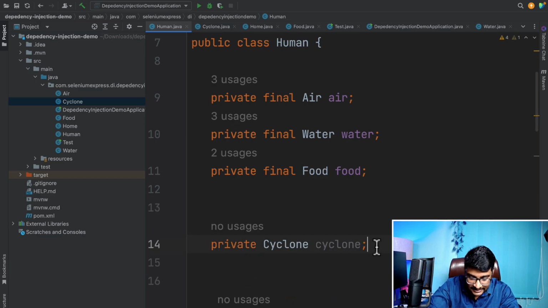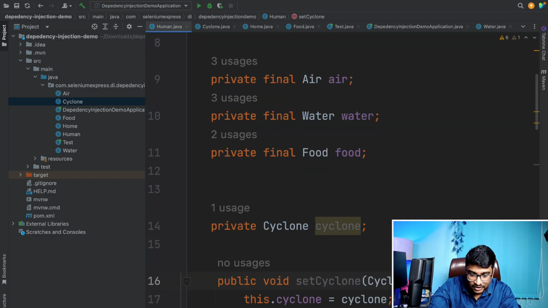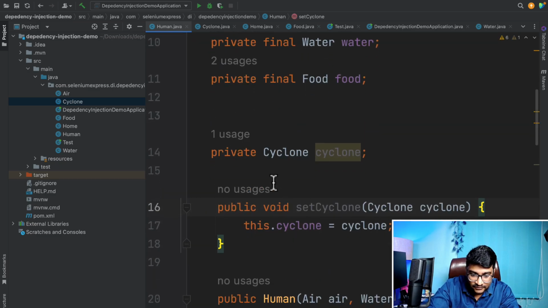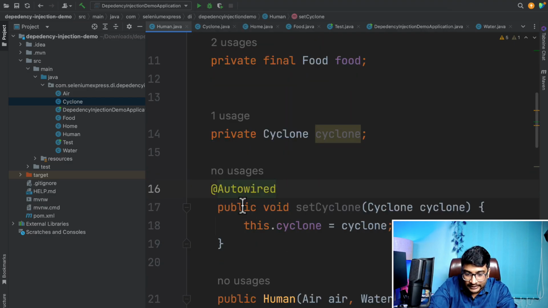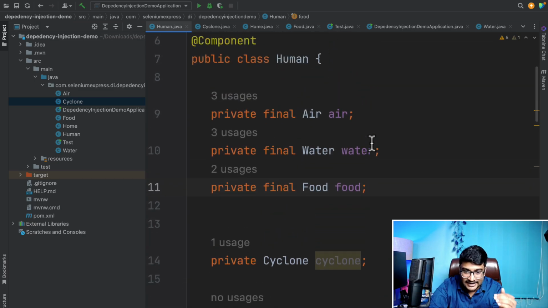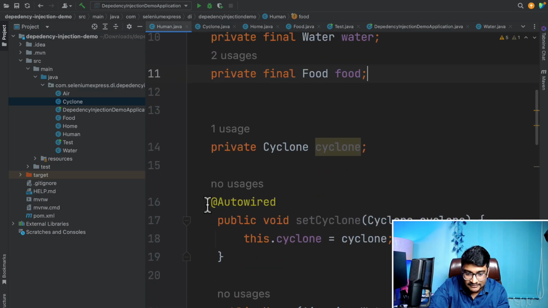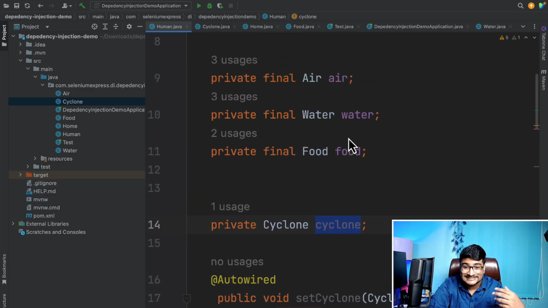like this, Command N, create a setter, and if you're gonna go to that setter and add an @Autowired annotation, this will also go unnoticed, and people can come and start creating hundreds of variables inside the Human class, and they will just do @Autowired like this. And now this basically makes sure that this is a dependency of the Human class, where it's actually not,